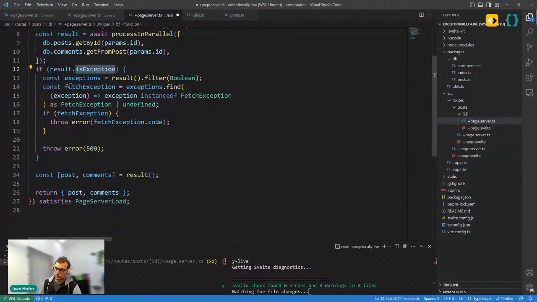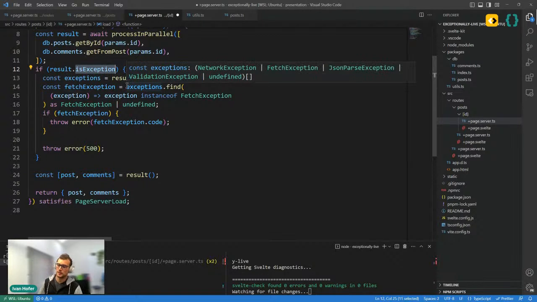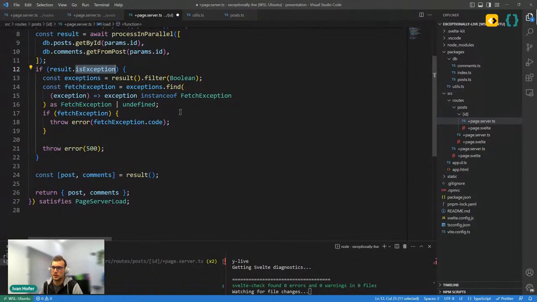We can iterate over those functions and over those exceptions and check if one of those exceptions resulted into a fetch exception. One of the next improvements I want to make to the library is to